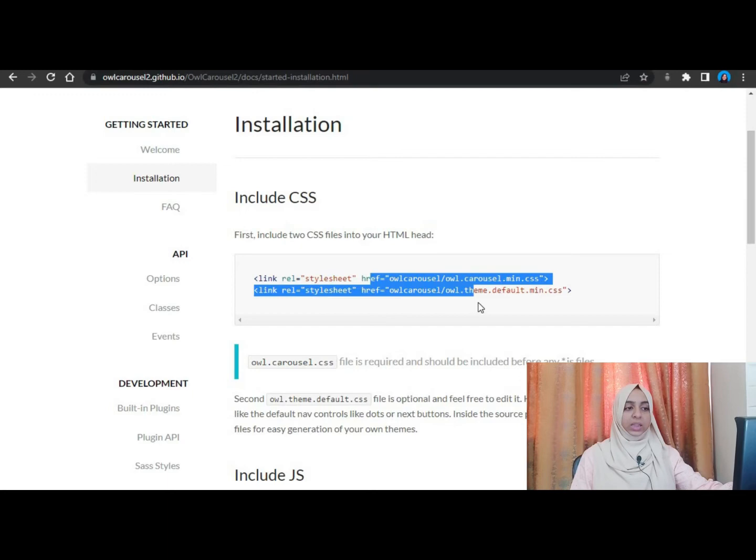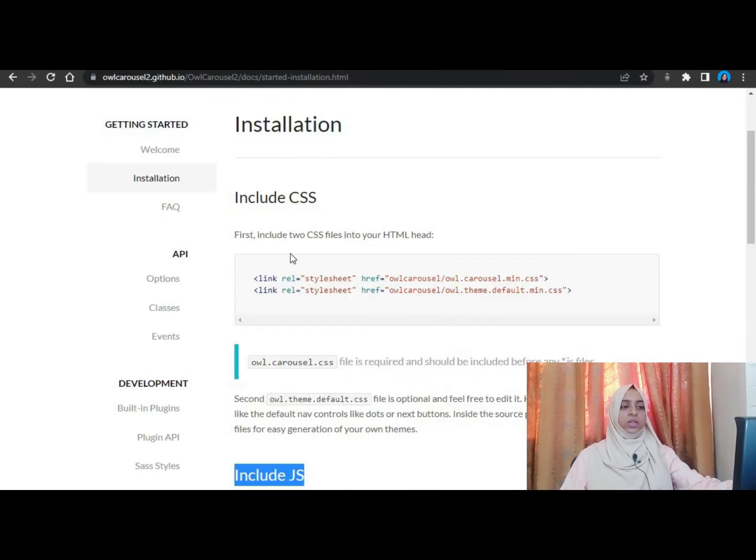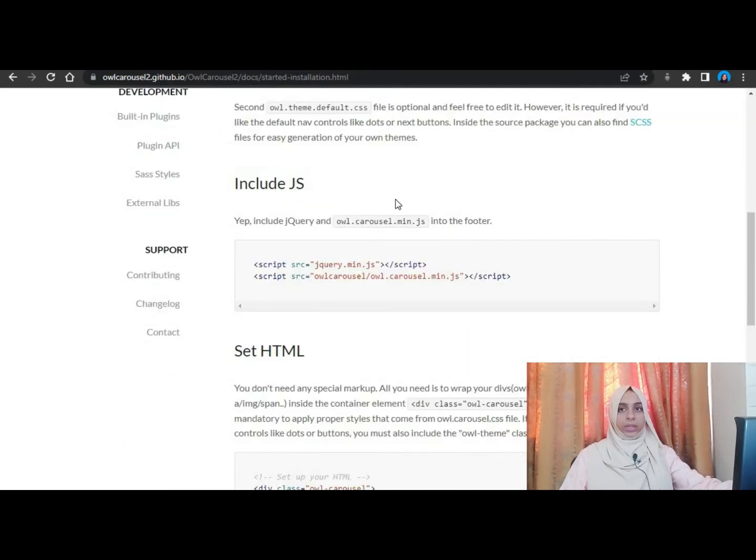Make sure if you're using this code, these links, then you have to manually download it. Now here we included the style sheets that were required. Now we come to the JavaScript part that is required. This will be required for its functionality to work, right? We have learned as a web developer that HTML is used to give structure to your website, CSS is used to give style to your website, and JavaScript is used to give functionality to your website, right? Some interactions or all those things are given by JavaScript. Alright, so here these are the 2 JavaScript files that we will be including.